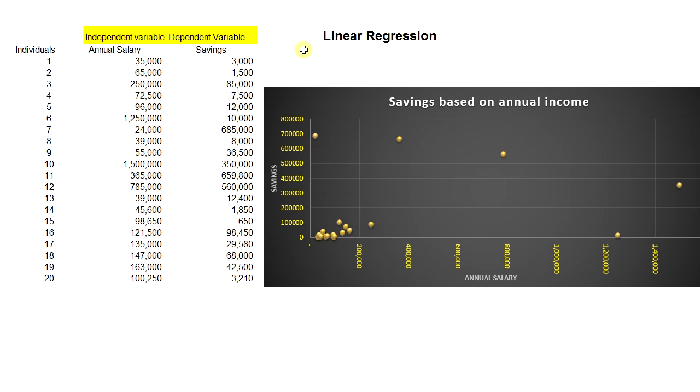Hi, this is a quick introduction to linear regression. So basically, in order to understand what linear regression is, let's look at a very simple example and go through the example, and that will probably help us understand why we need linear regression and some of the basics